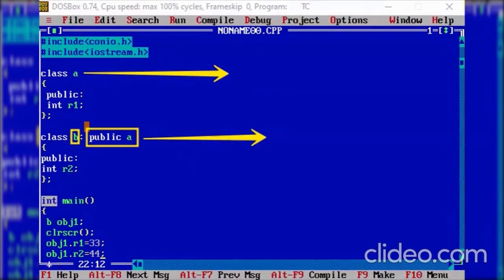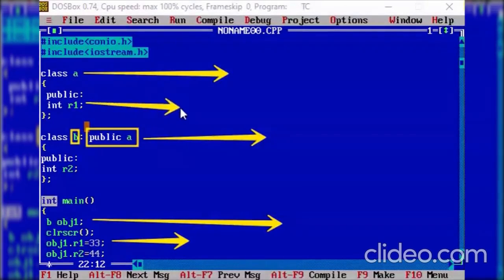Then obj1.r1 indicates that 33 is the value provided to the integer variable r1 of class A, that is, the parent class. So we are accessing the member of the parent class with the help of the object of the child class.